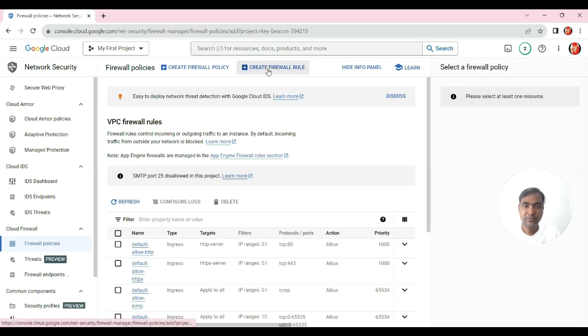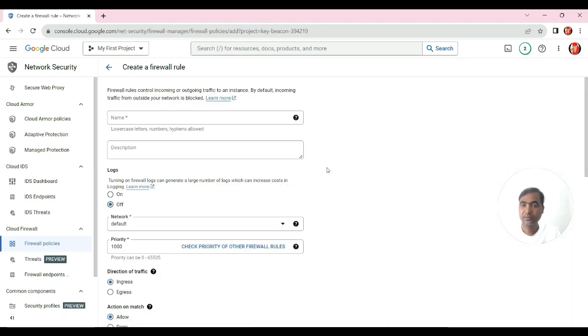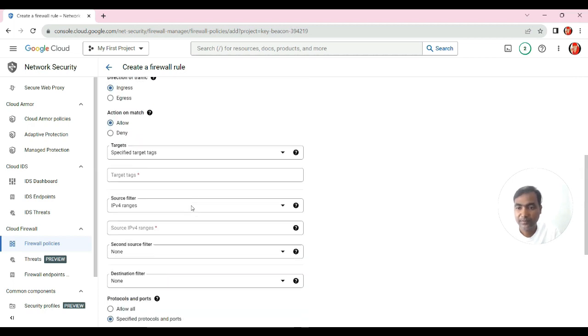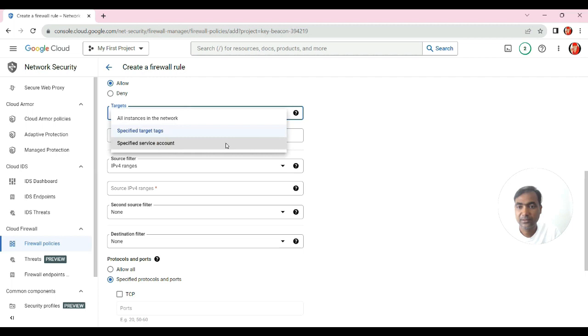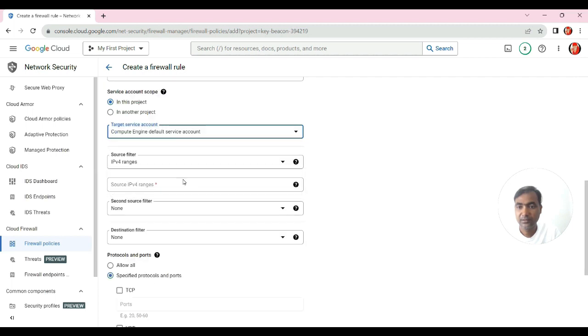Click on create firewall rule here. Already you know, guys. Just enter your new firewall rule name here. Then select the service account here. Then select your default service account here. And for the source, enter